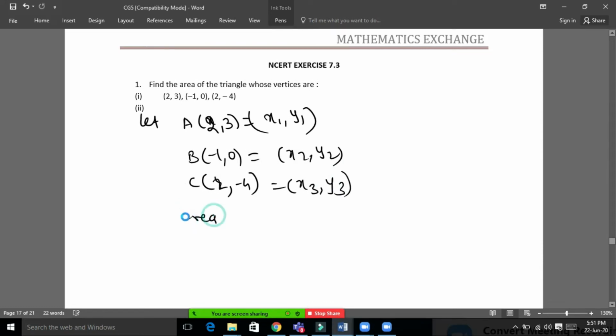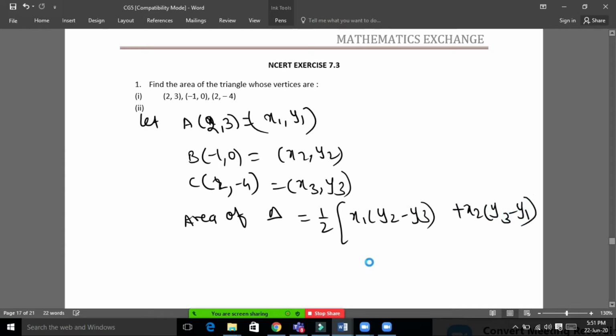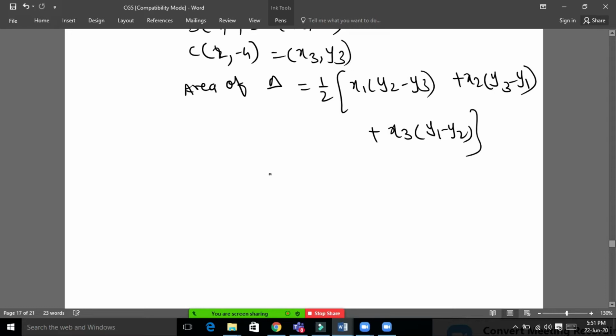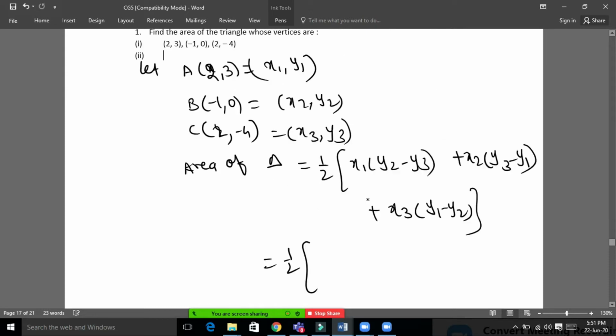So we know the formula for the area of a triangle. Area of triangle is equal to half into [x1(y2 - y3) + x2(y3 - y1) + x3(y1 - y2)]. This is the formula for the area of a triangle if we know the coordinates of the three vertices. We substitute values here: half into x1 is 2, so 2 into (y2 is 0 minus y3 is -4), so minus minus becomes plus 4, plus